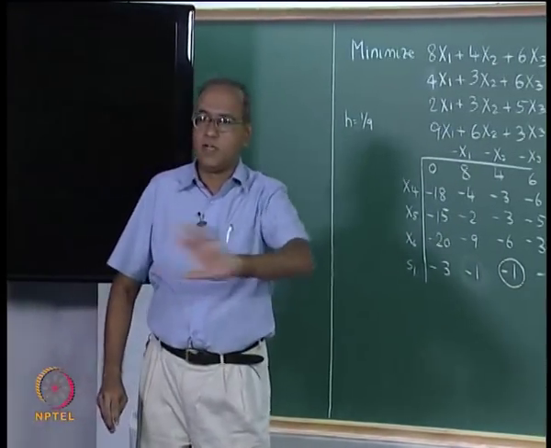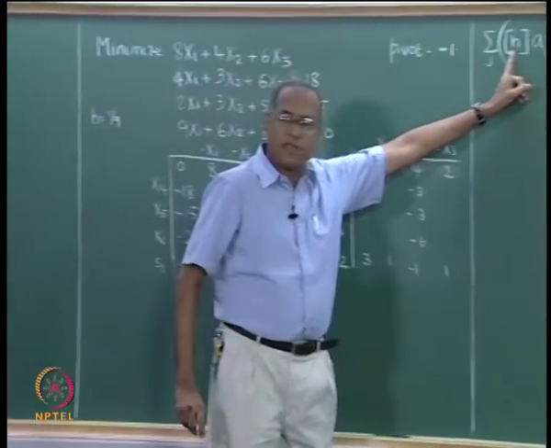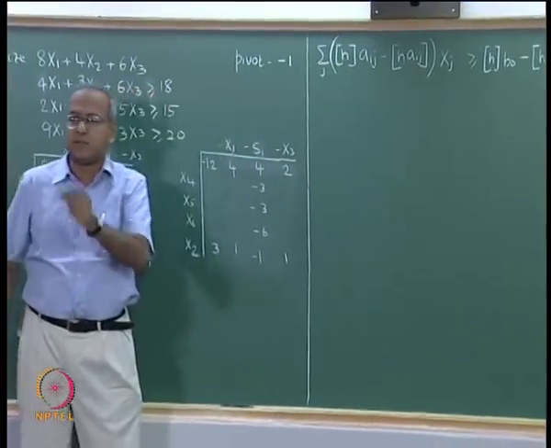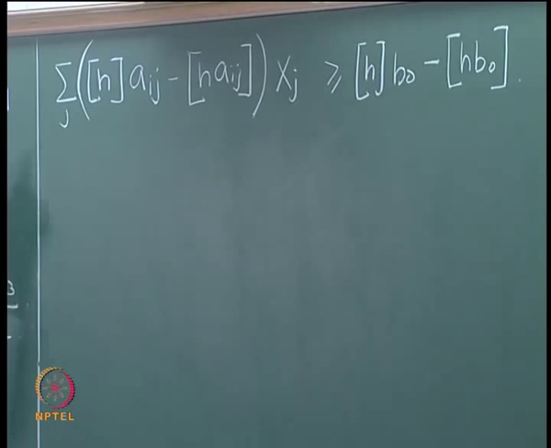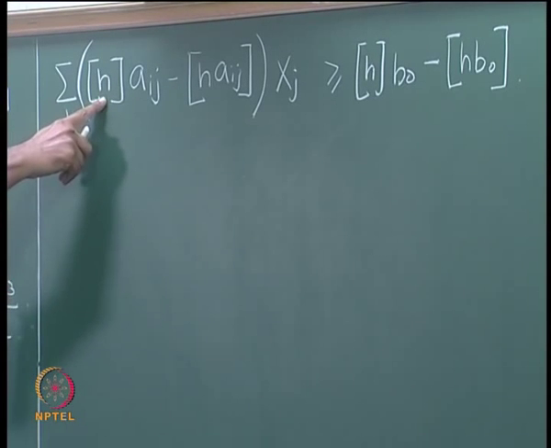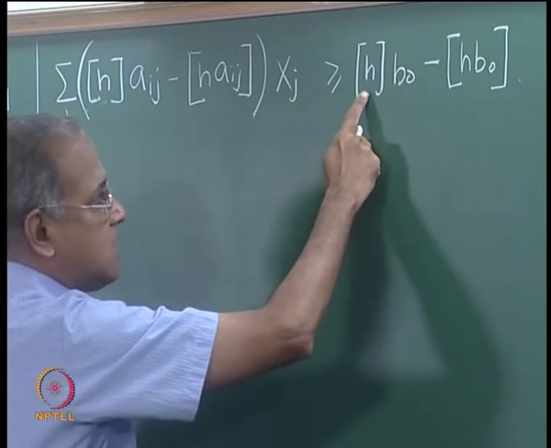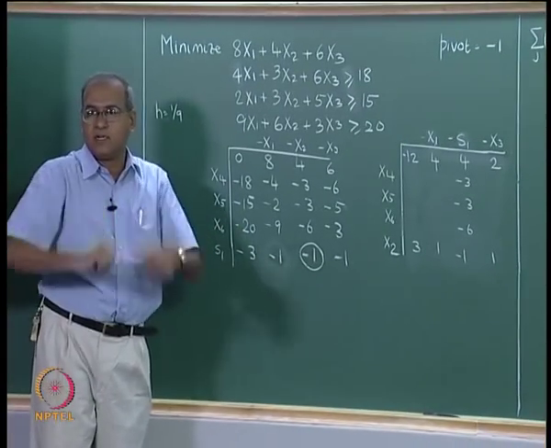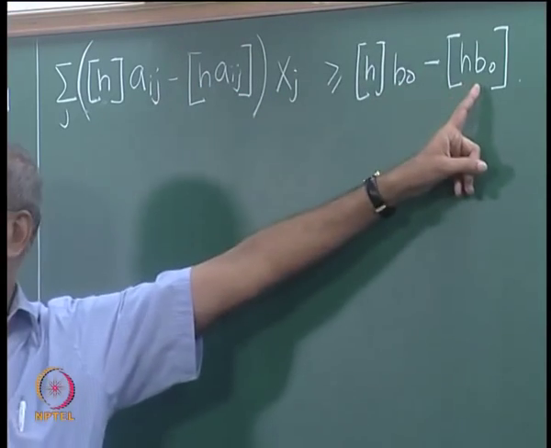So, it is perfectly allowed, and this is obtained by substituting h equal to 1 by 9 in the fundamental cut equation. We have already seen in the previous lecture that because h is equal to 1 by 9, the lower integer value of h will be 0. So, this term will go, so only this will be there. Similarly, this term also will go. What we have essentially done is to multiply with 1 by 9 and take the lower integer value, which is what is shown here as well as shown here.